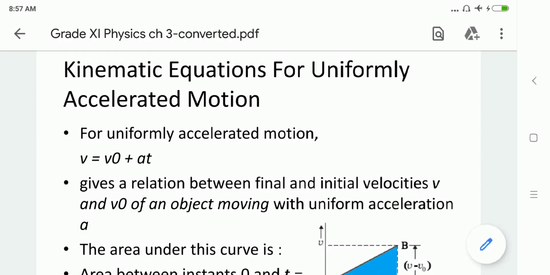While an object is moving with uniform acceleration, we have derived the equation in an earlier session that v equals v0 plus at. This gives the relation between initial velocity v0, final velocity v, and an object moving with uniform acceleration a. So here, if we find the area under this curve,